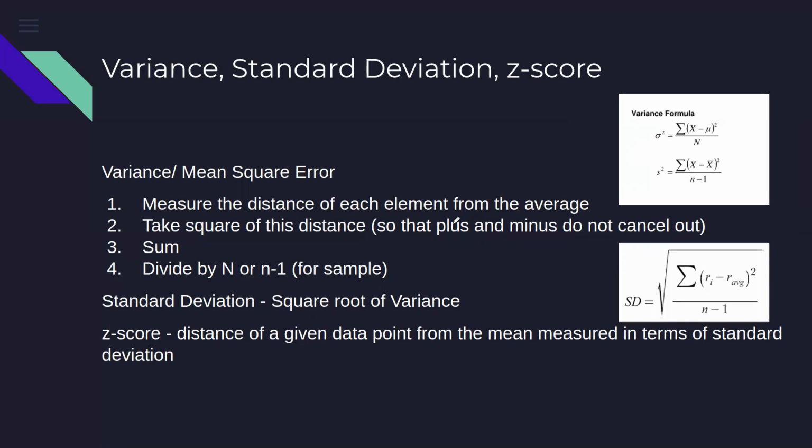And therefore, to remove this cancellation process, we take the square of both of these, because when we square a negative number, that will also become positive. Since I am trying to compute the variance of the entire data set, I compute the squared difference for each data element in my data set and take a sum of that. Now, having taken the sum, I want to take the average dispersion or the average variance. So I divide that by n or n minus 1.